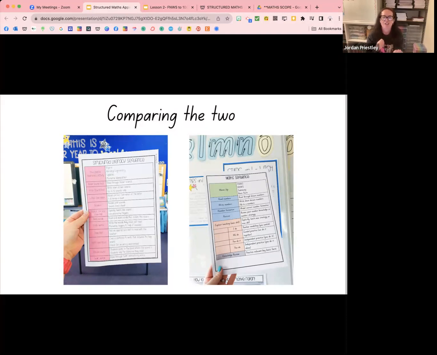And I then basically thought, okay, cool. So if we're reading sounds, what would be a maths equivalent? Well, you would read your numbers. If you're writing sounds, what would you write down? You would write down numbers. So that was where it started. I really wanted to make a really clear sequence